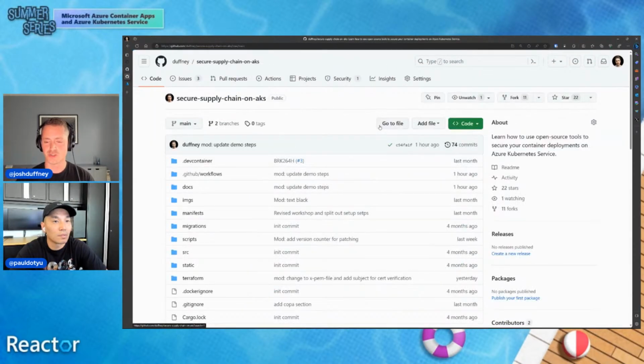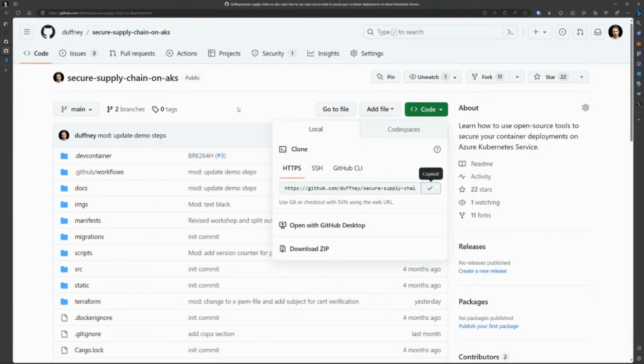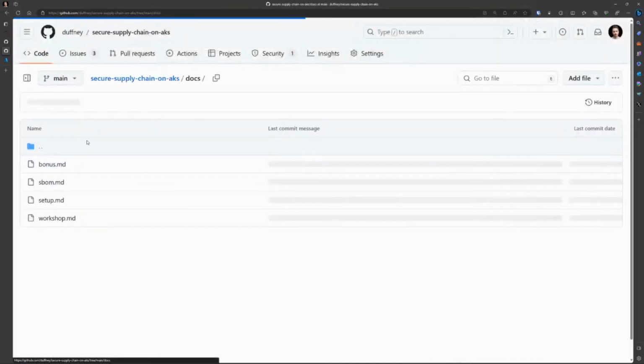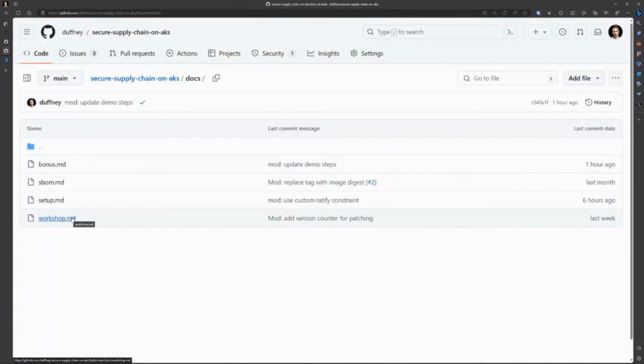So this repository here is meant to be walked through like a workshop, and everything in here has been automated from the development environment up to the infrastructure that you need. The infrastructure is a little complex. If we wanted to take a look at that, we can, if you want to follow along with the steps in documentation,